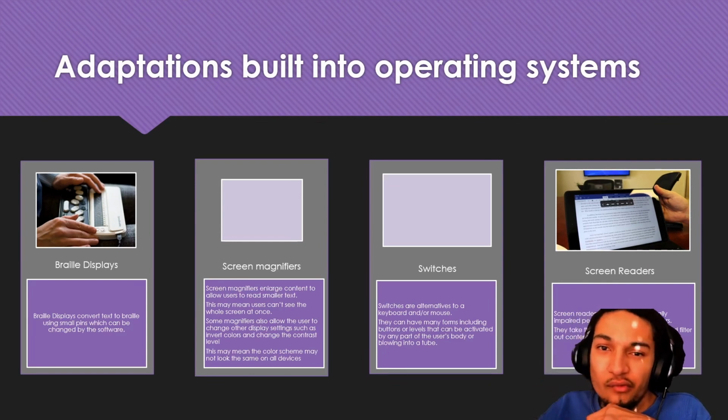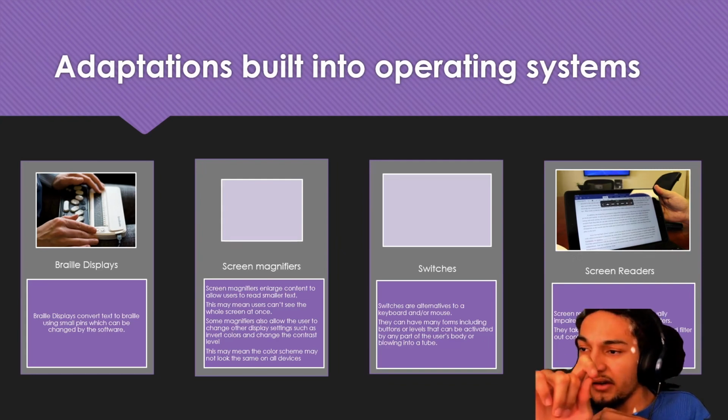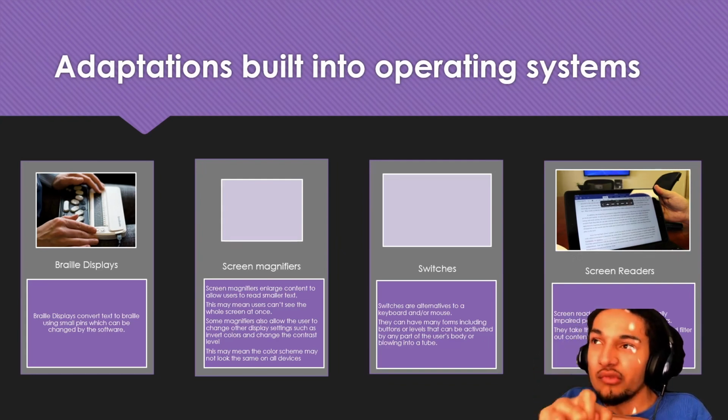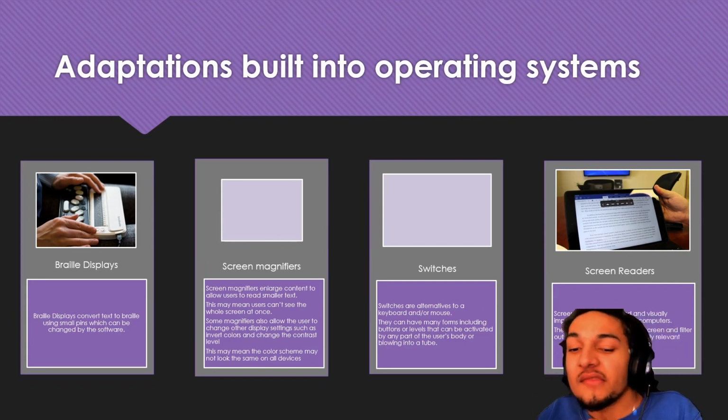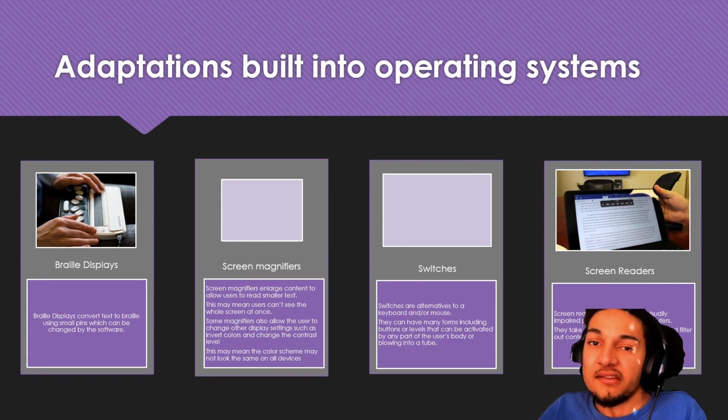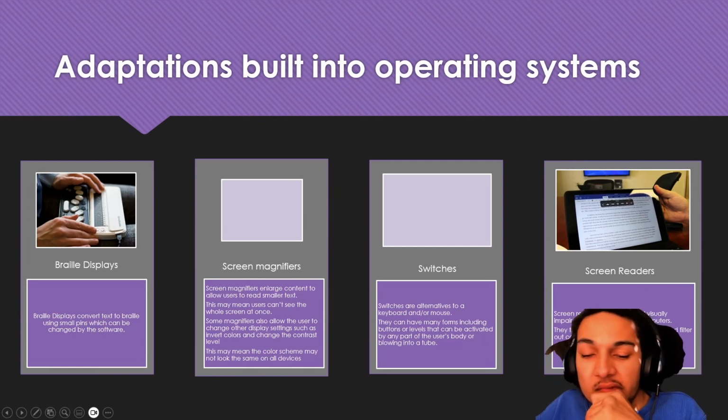Are you all familiar with what braille is? It's like a 2x3 grid of dots, and you can swipe your finger across it. Each pattern of dots represents a different letter. This device can change the layout of the dots so that you can run your finger across and read that way. And you can also type as well. You've got these little buttons here, which allow you to type in Braille.